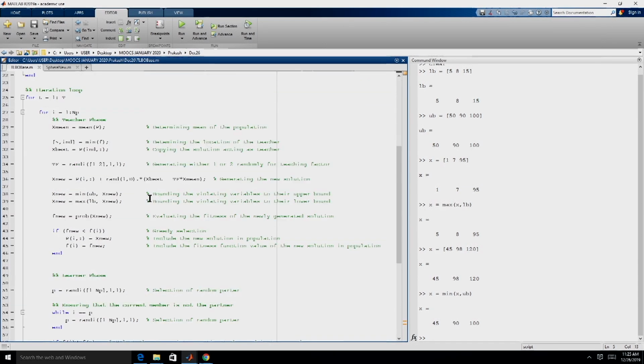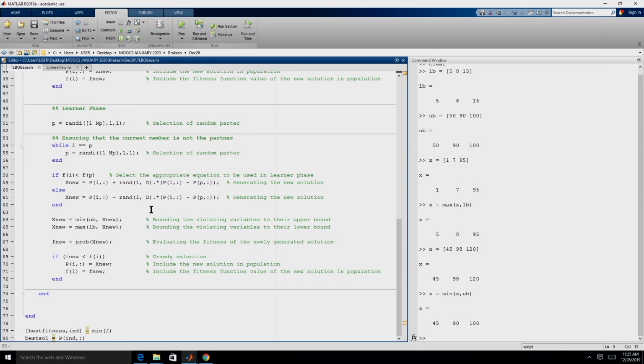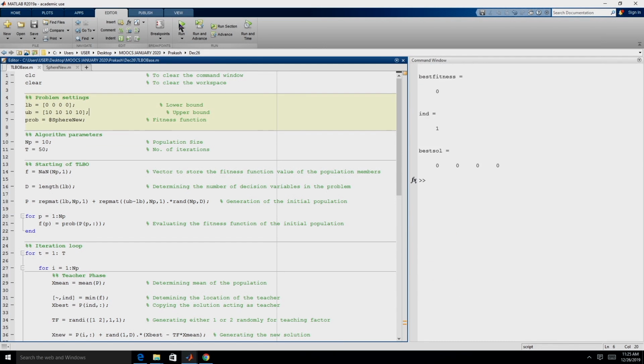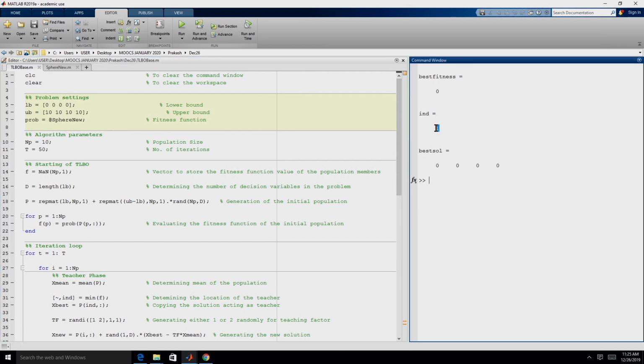So, I do not need to change the rest of the code. Obviously, for those of you who are doing reasonable programming, these are trivial things that you would know, that you keep the data separate from the code, right. But I believe some of you are new to programming, so that is why we are reinforcing that particular point, right. So, now if I execute this, the best fitness is 0,